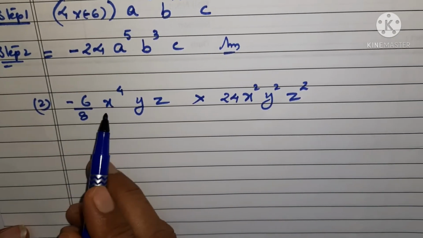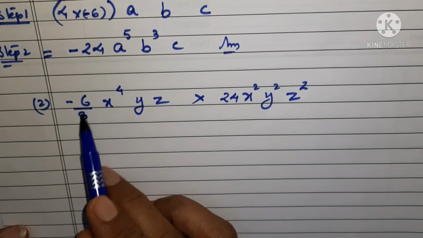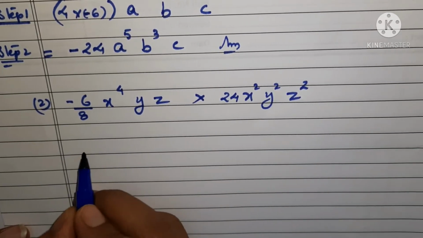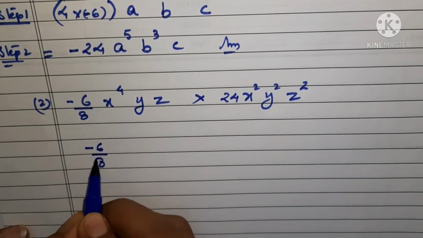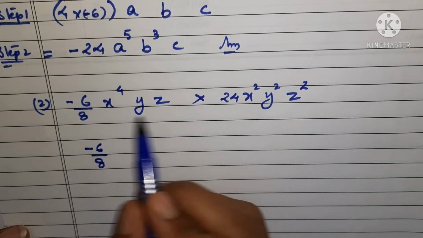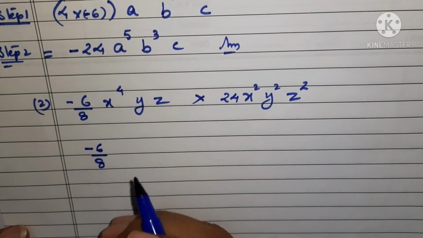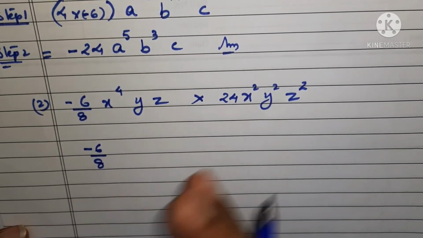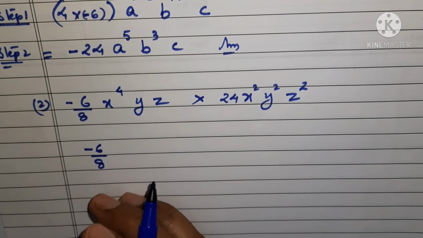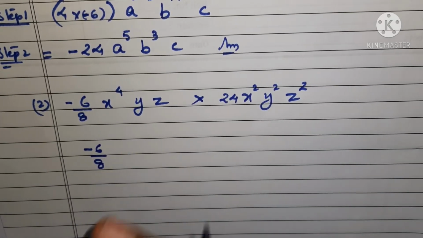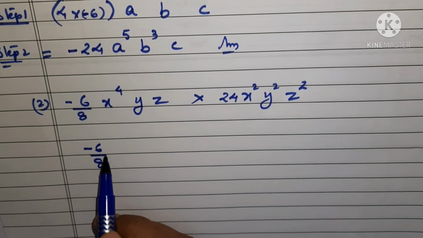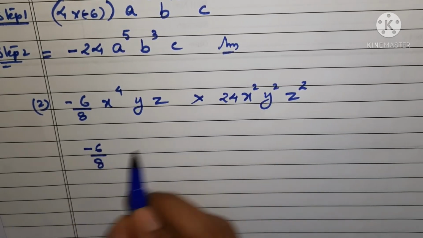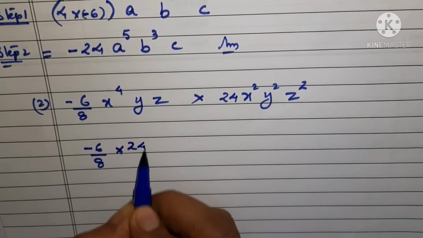Okay, so here you can see we are having numerical coefficient in this case as minus 6 upon 8 and here it is 24. So let us bring into one single bracket minus 6 upon 8. अगर हम sort out कर सकते हैं तो डायरेक्ट भी लिख सकते हैं, पर अभी हम न्यू हैं, आप न्यू हैं, that is why I am just writing it into the bracket so that first you gain the expertise and then you can do it. But during the learning process we should try to write each step. Okay, तो अब यहाँ पे हम देखते हैं minus 6 upon 8 into 24. Okay, we are having this one.